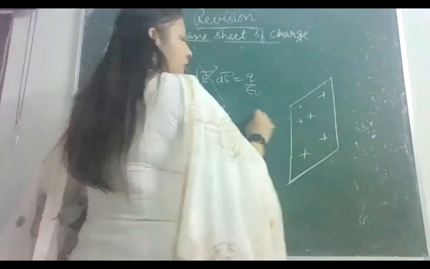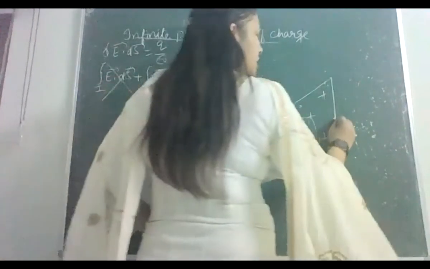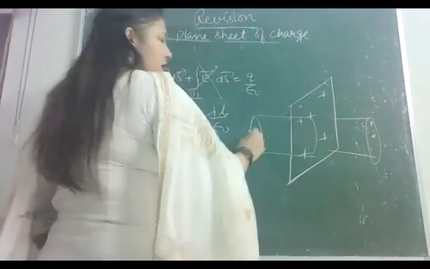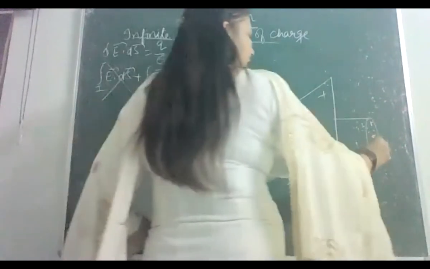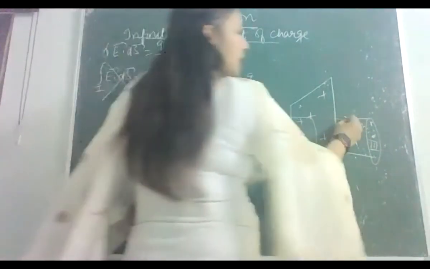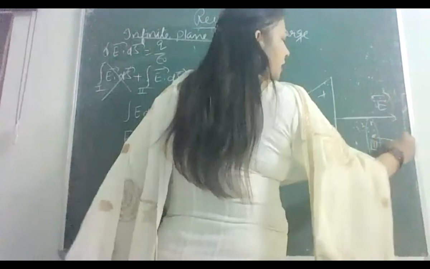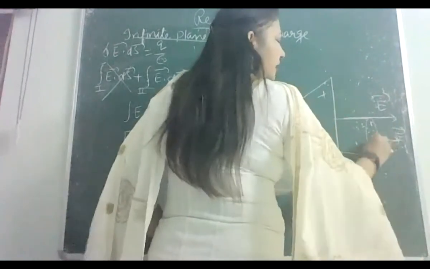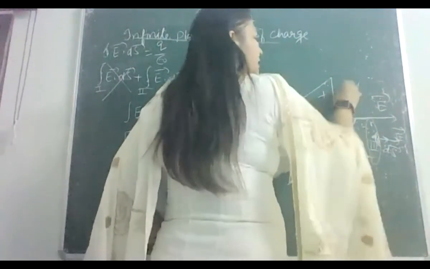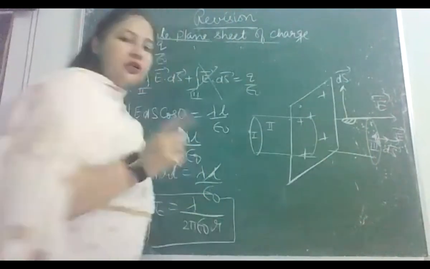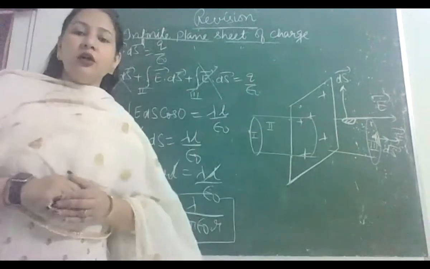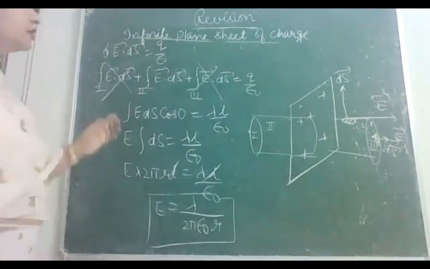So we imagine a Gaussian surface piercing through this sheet, perpendicular to this sheet, and passing through the points of observation. So this is the kind of cylindrical Gaussian surface again, having three parts. But in this case, let us see, the electric field here is in this direction, here also it is in this direction. If we take an area element here, E and ds are in the same direction. But if we take an area element here, ds is perpendicular to the electric field. So this is the reverse of the previous derivation. In this case, the first and third portions will contribute, and the second portion's contribution will be 0.